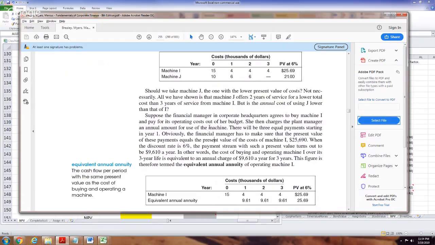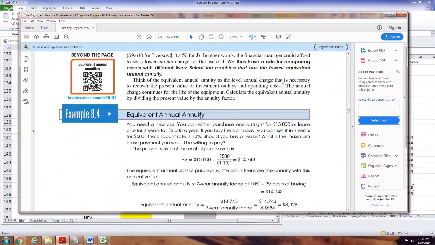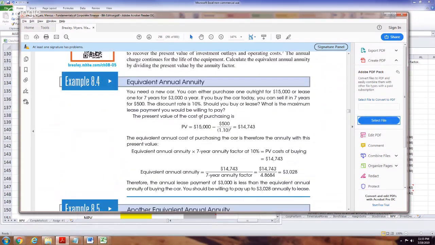Let's see what we're doing with this vehicle. The shorter lived, longer lived. We just did this. This was in the book. Okay, here's the example. I apologize for not quoting page numbers. It's because I have a paper book, and this is the 8th edition. I think my paper book is the 9th edition. So we're always fighting that fight. These editions change often.